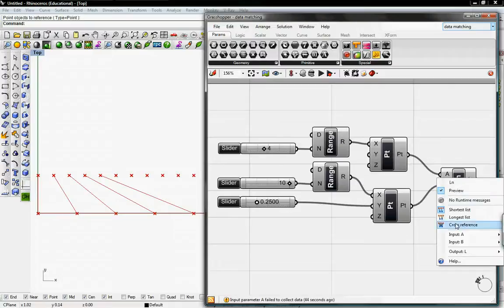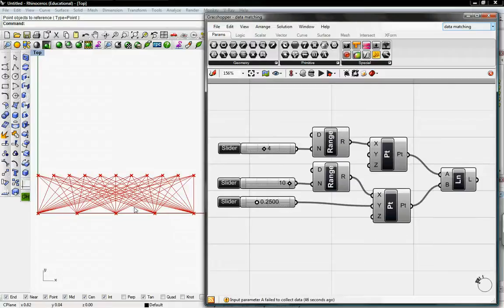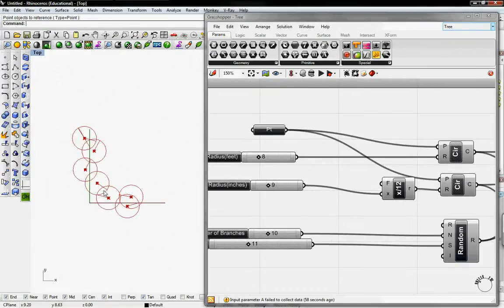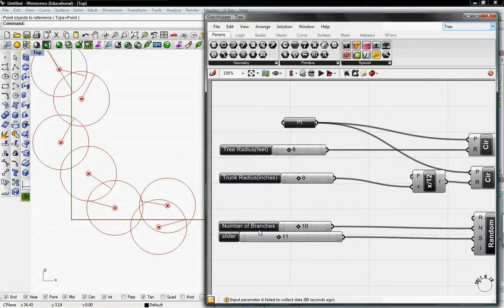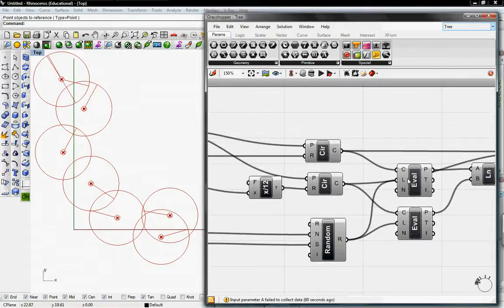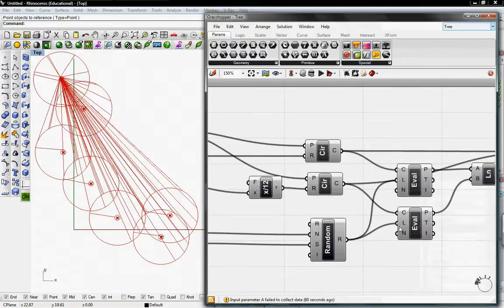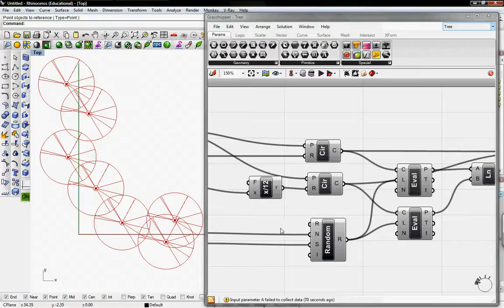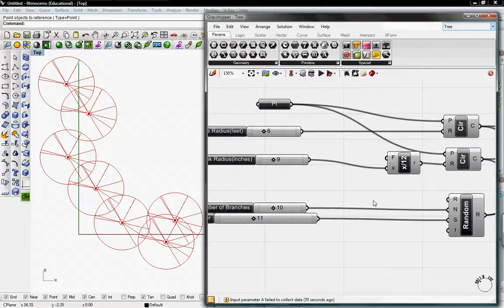And then if we click cross-reference, it gives you all the combinations of lines that can be connected through these 16 points. So if we go back into the tree definition, to get all the possible branches that we have selected by choosing a number of branches in the random generator, we have to go to the evaluation button and pick cross-reference on both buttons. So now that each tree has 10 branches,